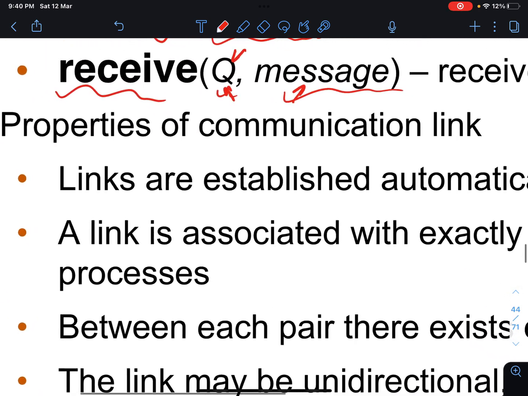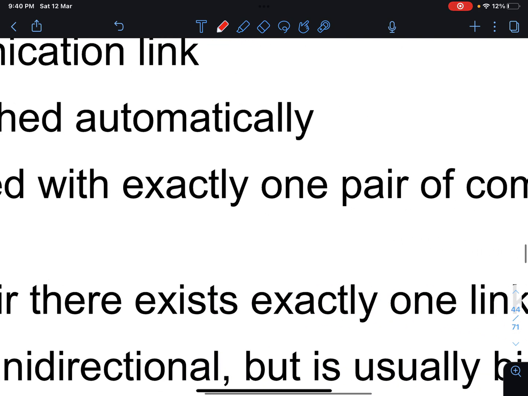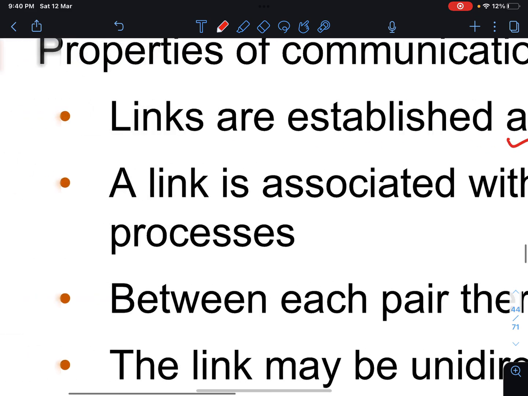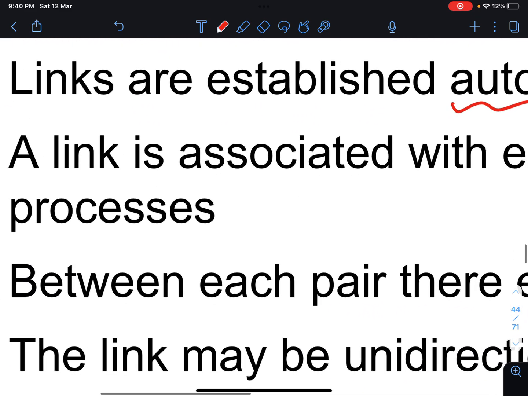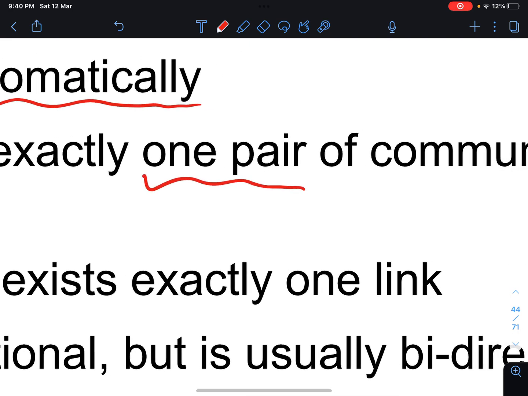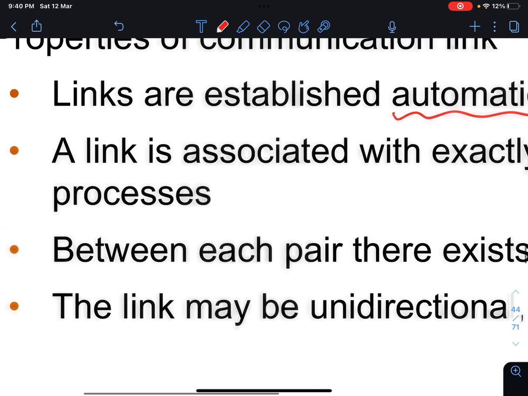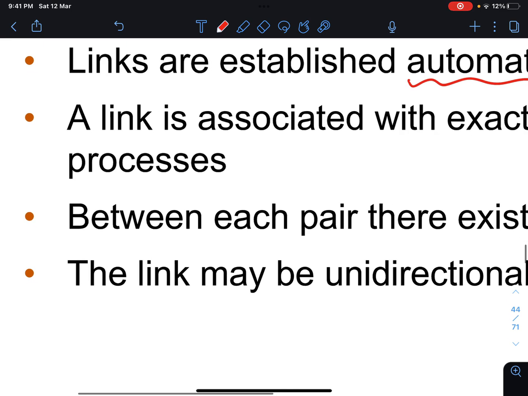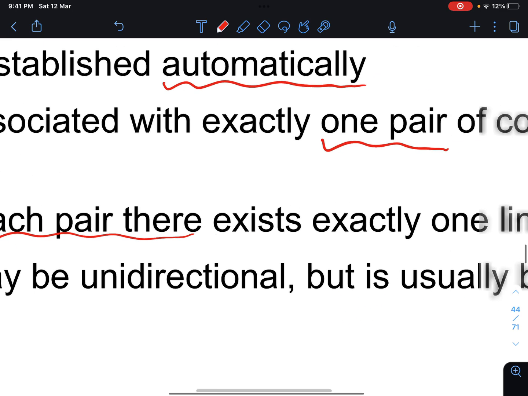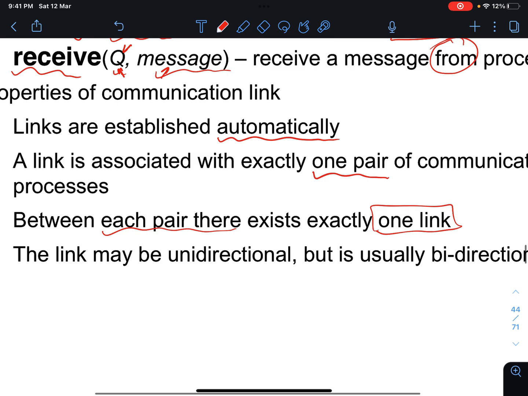What are the properties of the communication link? Links are established automatically. That's number one. A link is associated with exactly one pair of communicating processes, so you cannot have more than one pair sharing the link. Between each pair, there exists exactly one link, so you cannot have P and Q sharing more than one link.